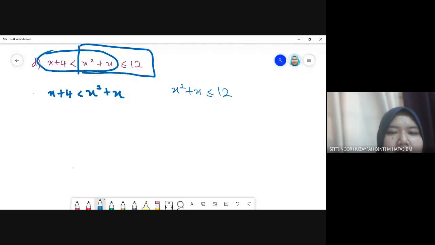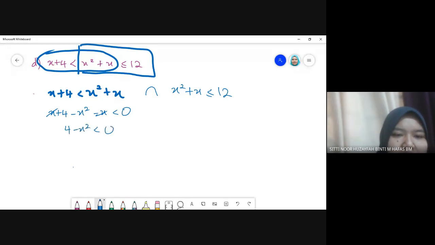Kalau kita nak gabungkan dia, maksudnya kita kena carikan intersect antara dua set ni. So ini first step yang you akan buat, you tulis benda ni. So sekarang you selesaikan belah kiri, you selesaikan belah kanan. Yang belah kiri you selesaikan, you akan dapat X tambah 4 tolak X kuasa 2 tolak X kurang daripada kosong. So X akan terhapus, tinggal